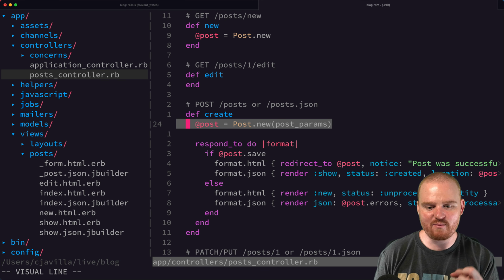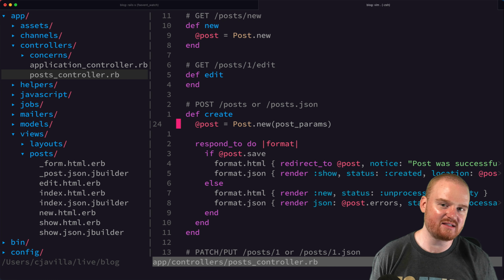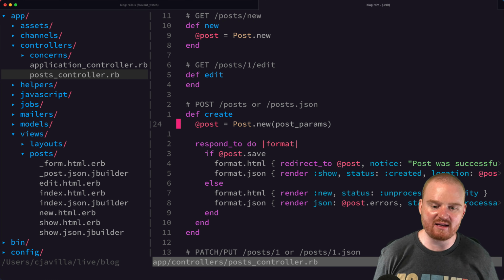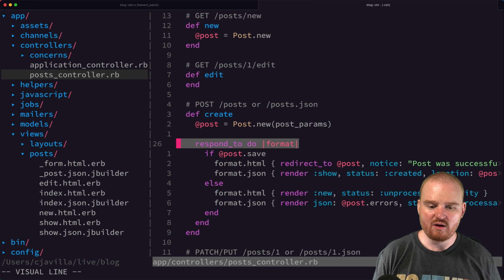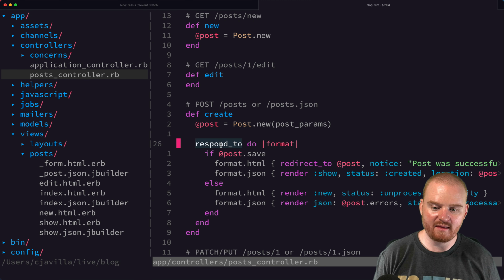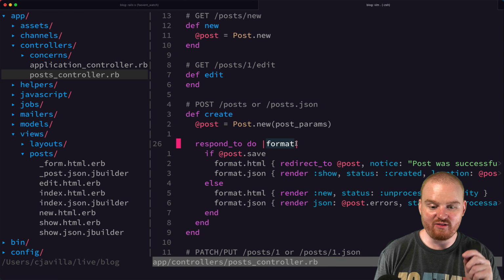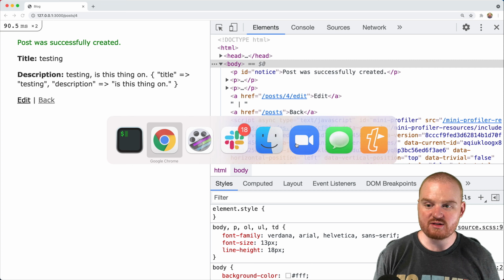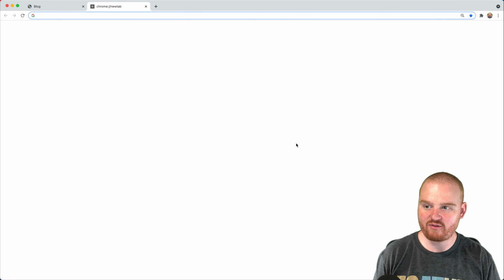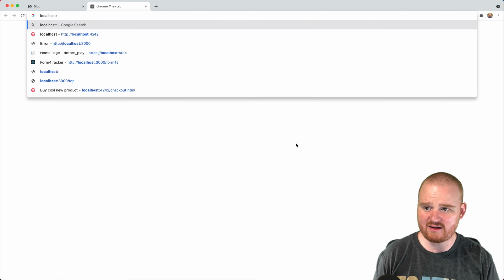Okay, so we're going to create a brand new instance. Again, this does not persist it to the database. It just creates a new in-memory instance that has a title, it has a description, and that's it. Then we get to this block where we're saying respond to do format. Now, respond to do is taking in a block, and that block is going to pass the format. This format value was passed in from localhost 3000